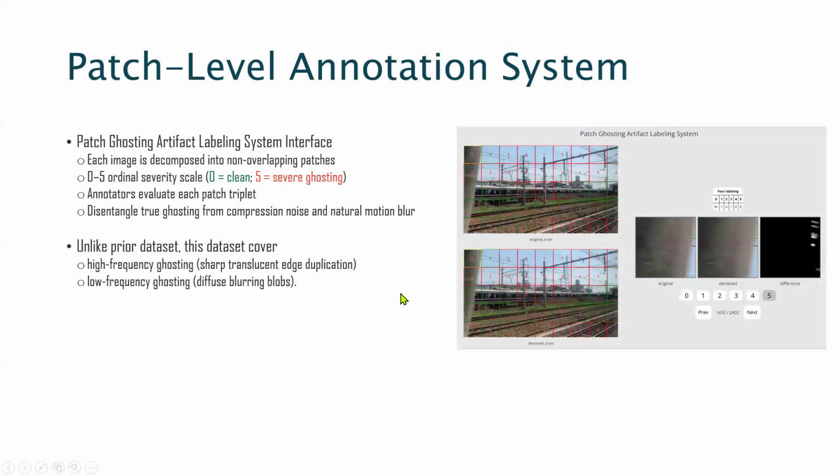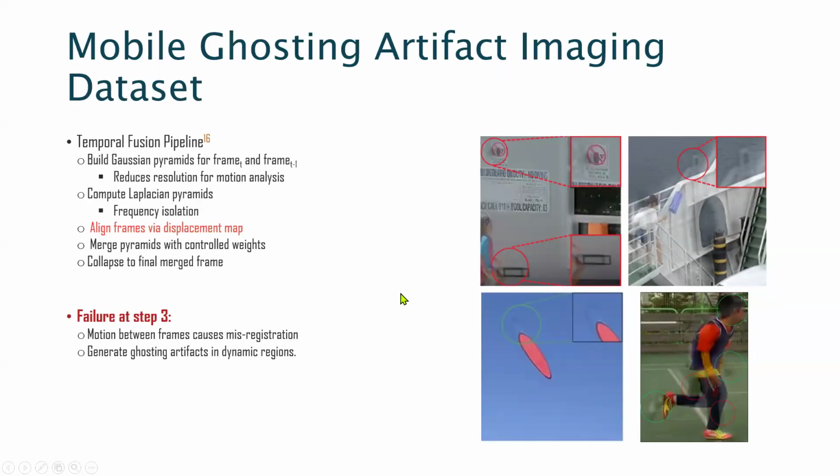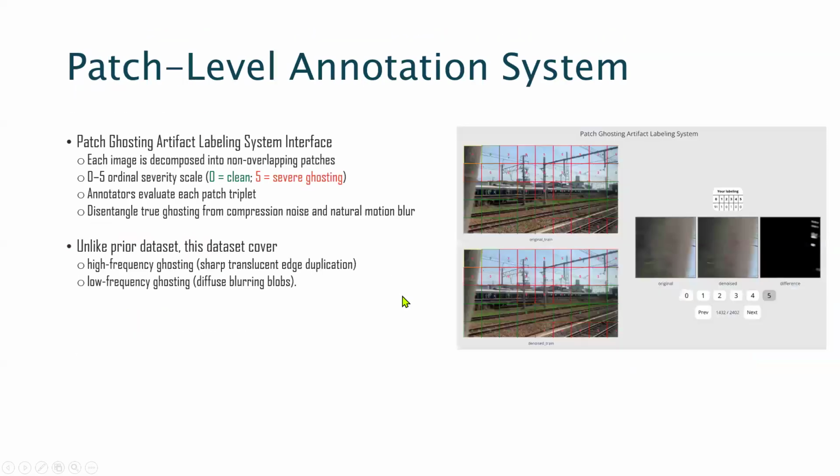Later on, as we have discussed, most of these datasets, the prior datasets, even in our dataset, if we generate those artifacts, that's one thing. But for a system, it needs, you can say, a patch level annotation, a pixel-wise annotation of where that specific ghosting artifact is, so that we can guide the model to focus on those parts that have that specific artifact. For that, we designed a patch level ghosting artifact labeling system, in which